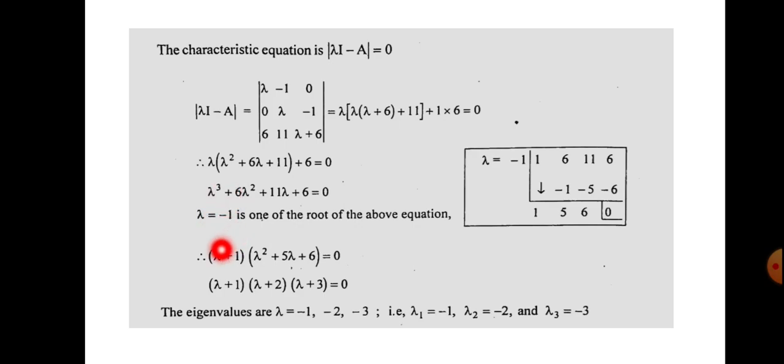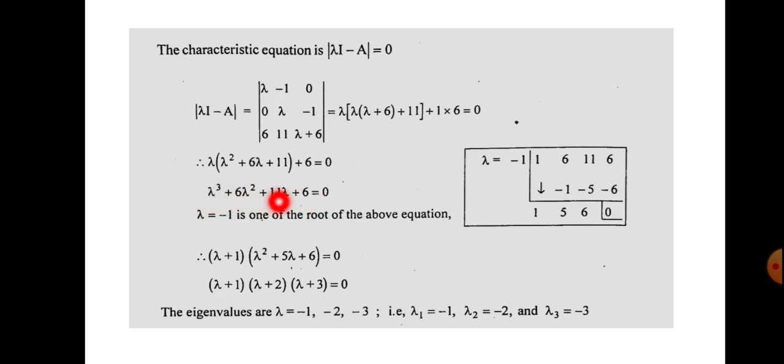Okay. So to find the other roots, when you get lambda equal to minus 1 as a root, you can make the calculation like this. This is a simple mathematical procedure. What are the coefficients of this equation? 1, 6, 11, 6. Third order, second order, first order and zeroth order.